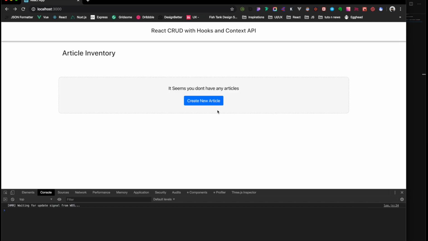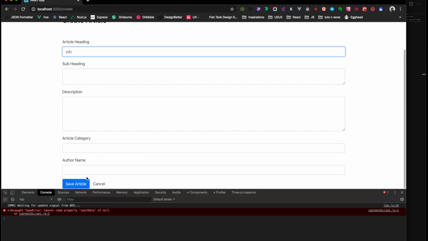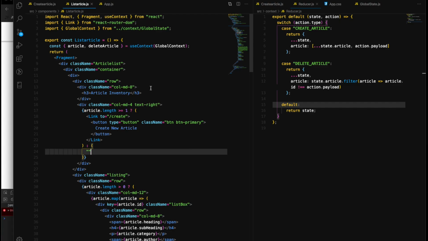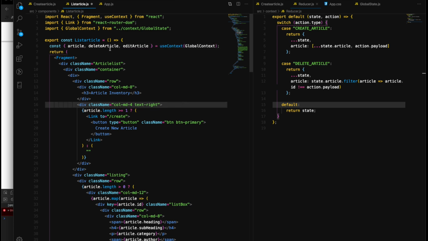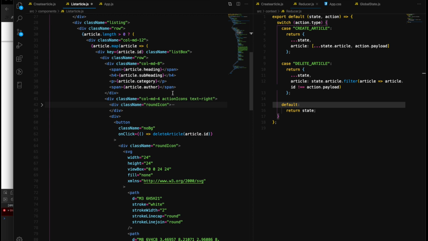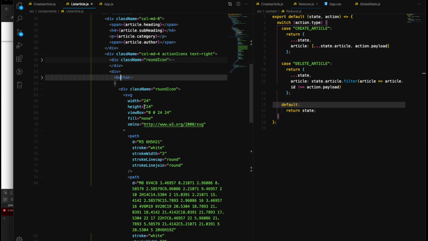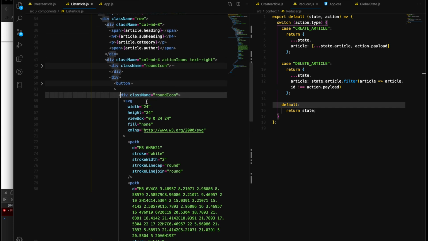as well. So let's move ahead and create some edit functionality of our CRUD application. Now let's move ahead and create edit functionality of our CRUD application. So to add a functionality of edit, we will write some function for edit article like we did for delete article, and then we will go down and then inside our rounded icons that we have,